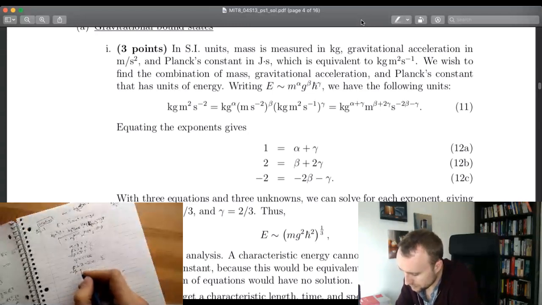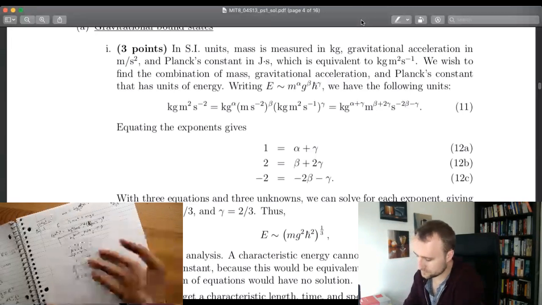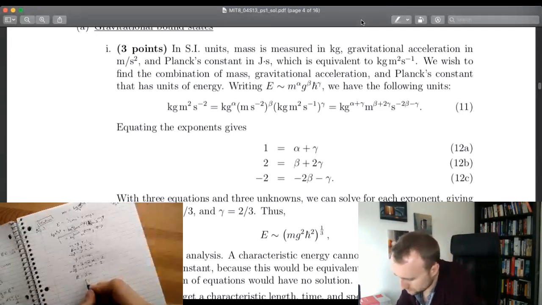Minus 2 beta minus 1 plus alpha equal to 2. And then we can take beta equal to 2 alpha. And then we can take minus 2 beta minus 1